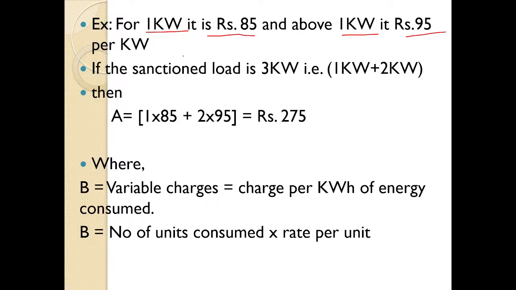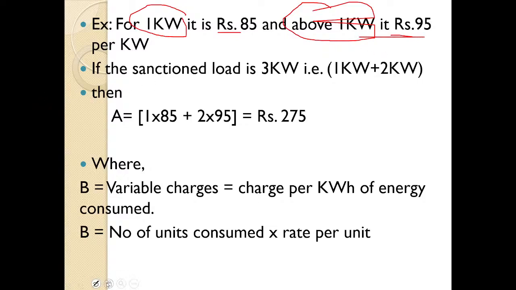For up to 1 kilowatt, the rate is around 85, and for above 1 kilowatt, the rate is 95. So if the high demand customer, that is industries, is consuming up to 1 kilowatt of electrical energy, then the rate will be around 85. If they are consuming above 1 kilowatt, then the rate is around 95. Okay, so if this is the case,